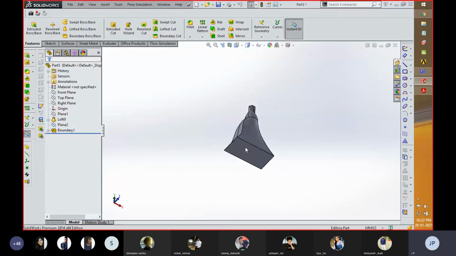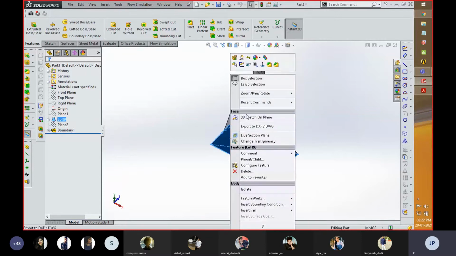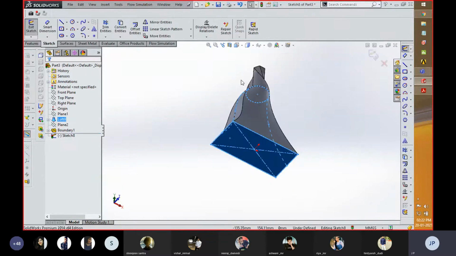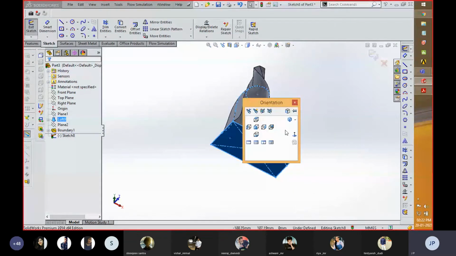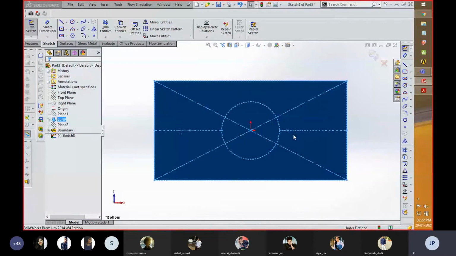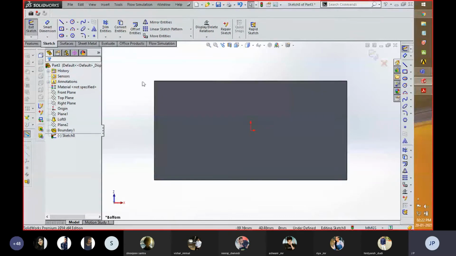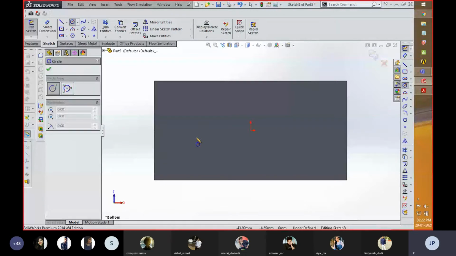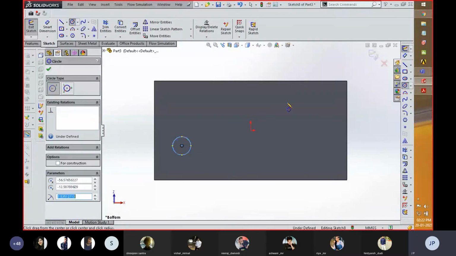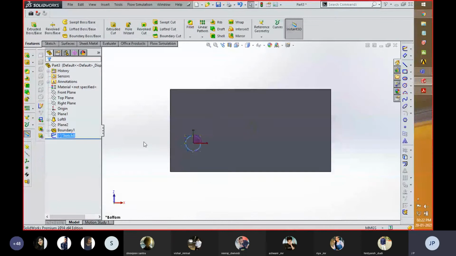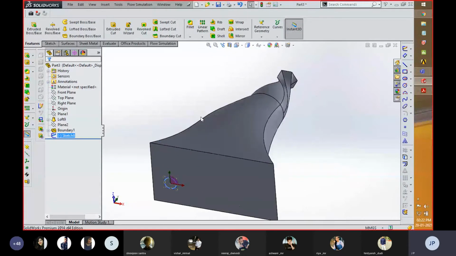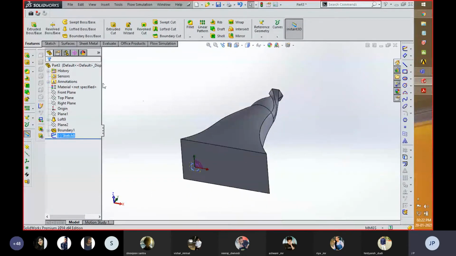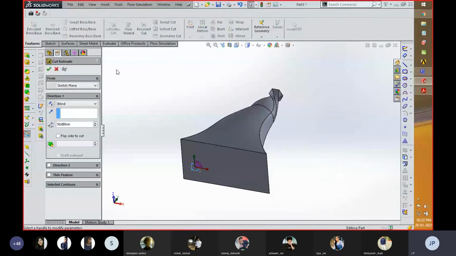Okay, now for creating a part over here I'm going to click on right sketch and then click on sketch, then keep the component normal with me, and now I'm going to create a circle over here. I am creating this sketch for removing a material from this part which I created over here. Okay, now select the sketch, click on extruded cut.